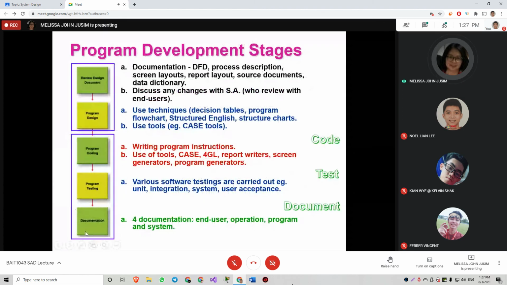This is the system development, and this is from the system design. In the system design, up to here, we learn about the procedural design: the decision table, decision tree, and those are used to write the codes.